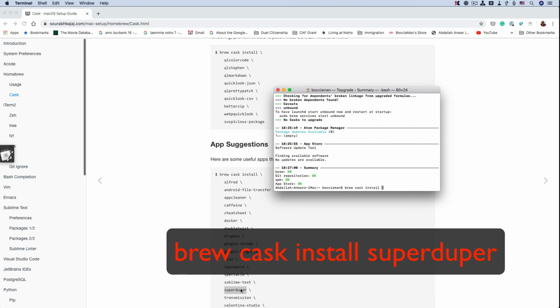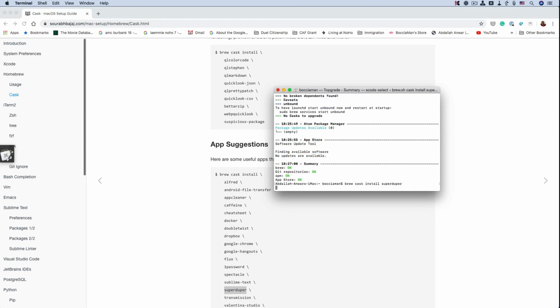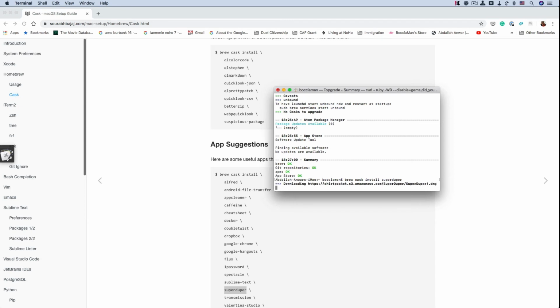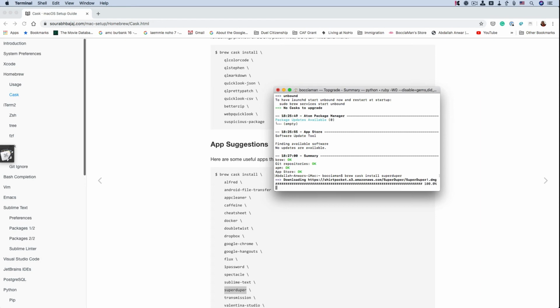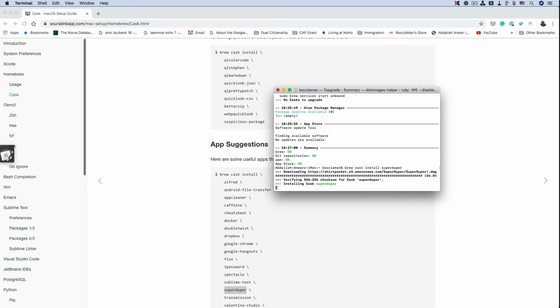Superduper. And enter, or return, whichever you wish. And that's how easy it is to install programs, software, through